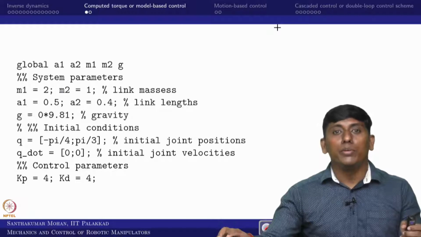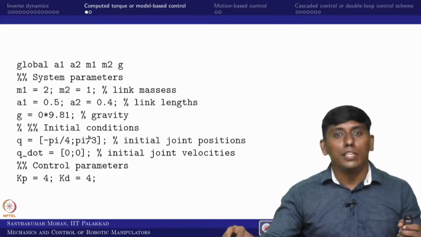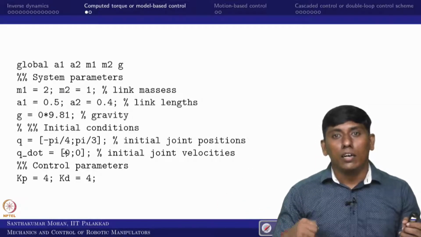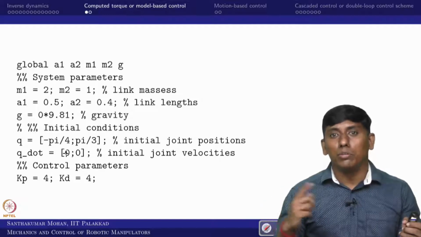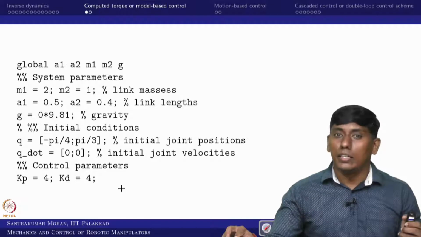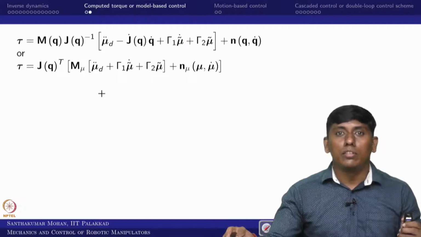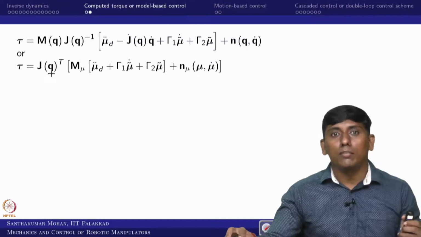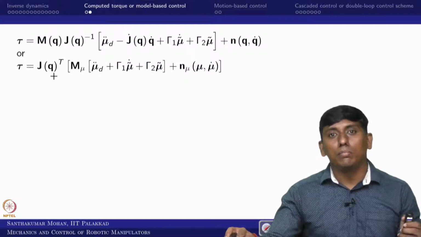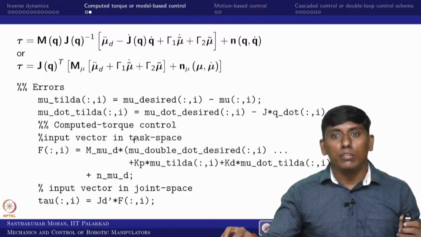The same code we are trying to change, the only thing is the initial conditions. We are giving them as they are; we are not equating the first value of q desired to the first value of q. We are directly using some initial condition, and then we are adding the control parameters, which are kp and kd. Based on this, this is the equation if you are talking about the task space. Either you can write tau directly, or we can write it this way. We are writing in the second form. First we derive EF, then we multiply with J transpose, which gives the tau. That is what we are writing here.